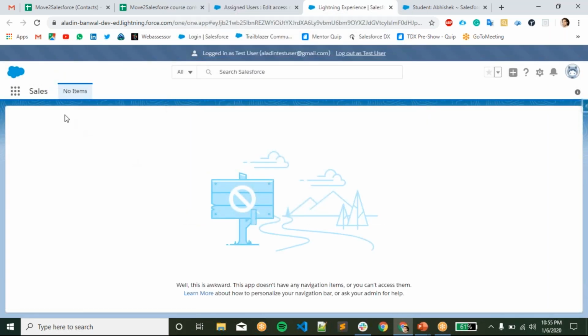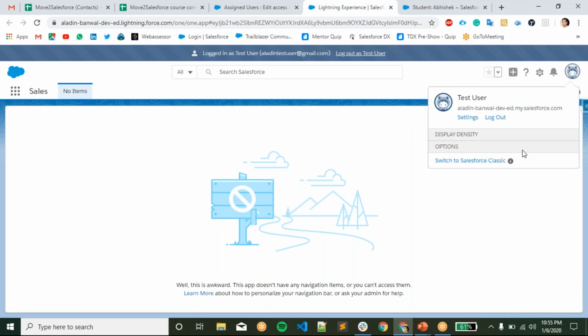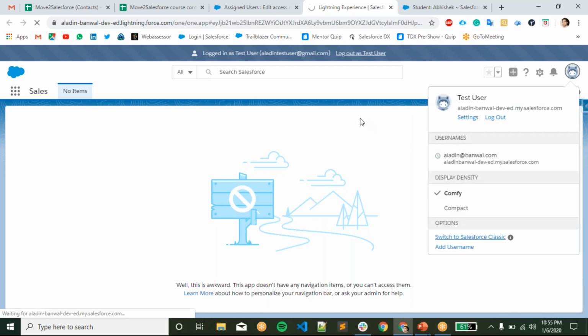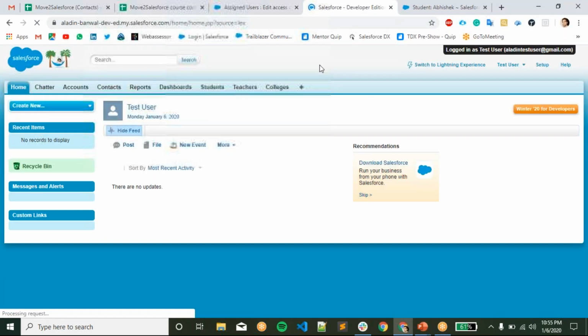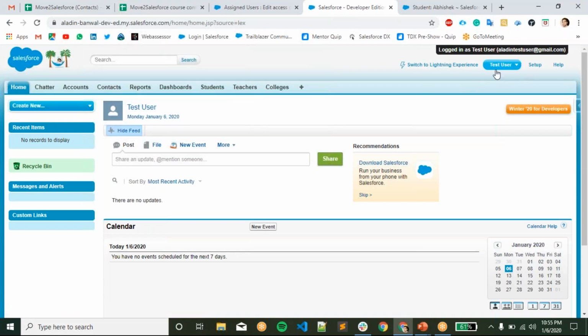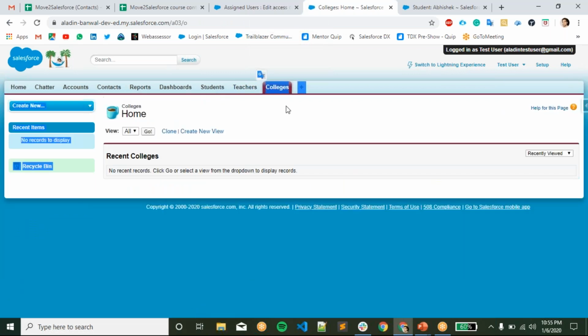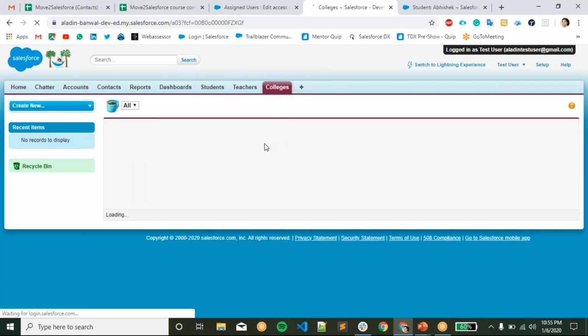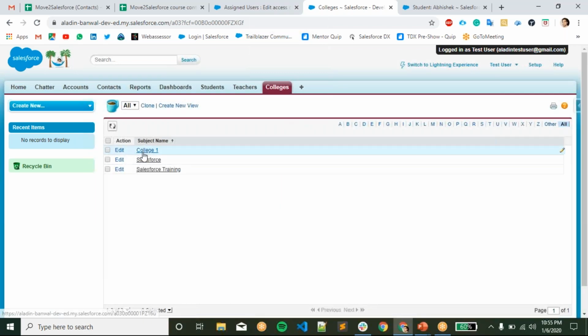Go and log in as the test user. Now he has been given the standard profile, so he will have all those lists. He will have this college access also, so he can edit.